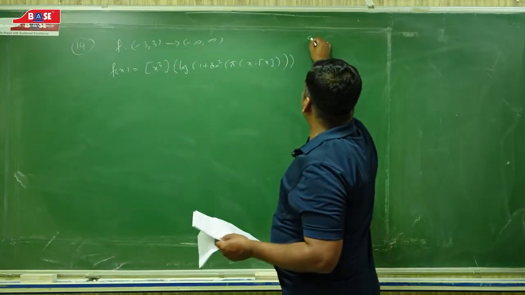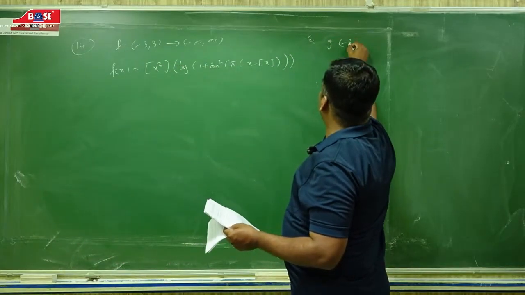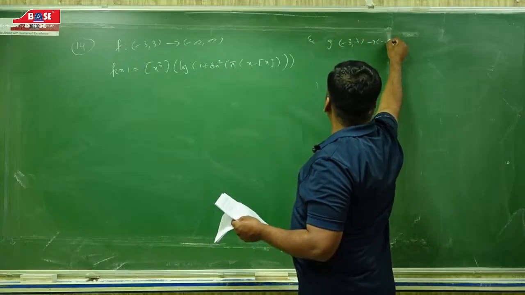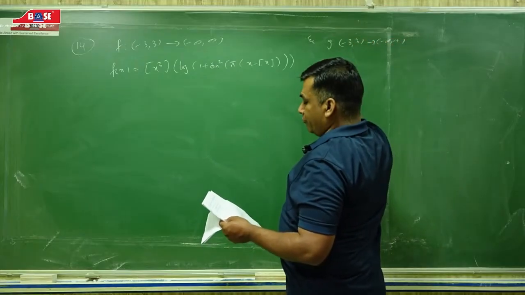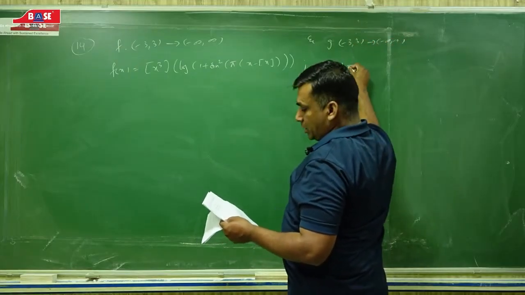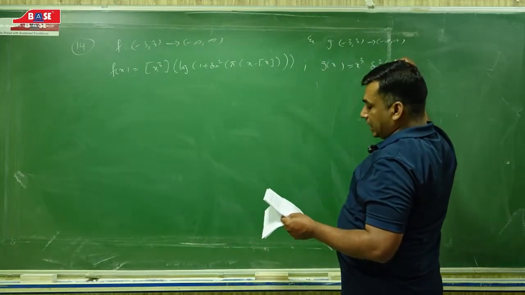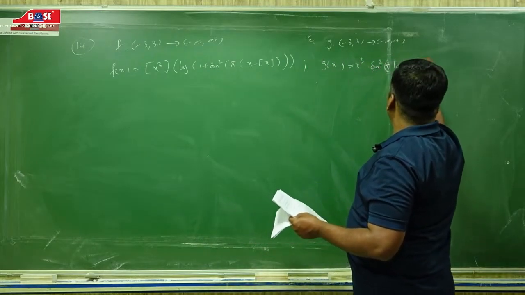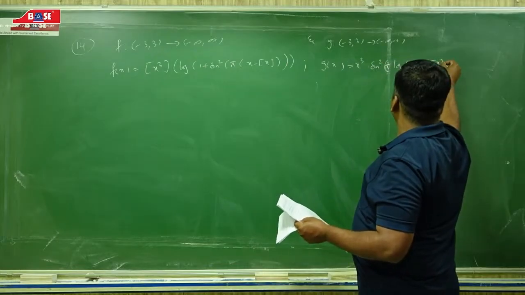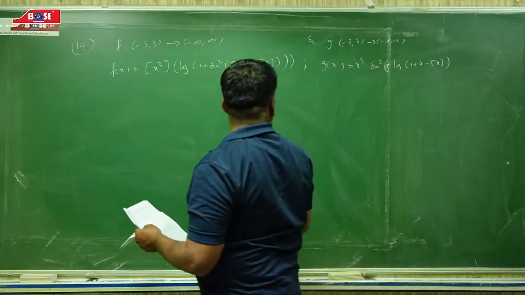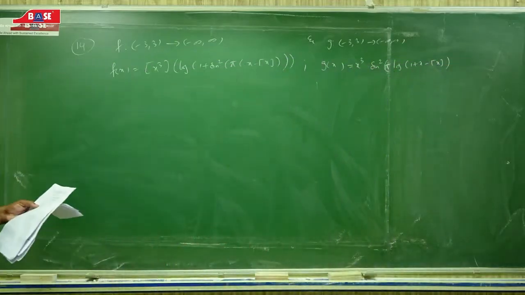and g from (-3, 3) to (-infinity, infinity), where g of x is given to be x cube times sine square of pi times log of 1 plus x minus floor of x, and